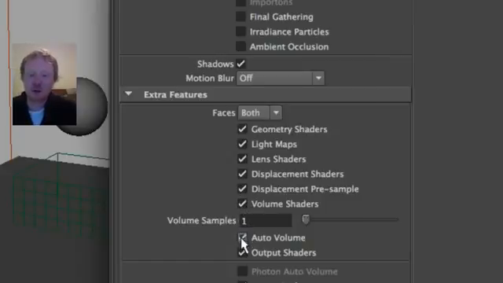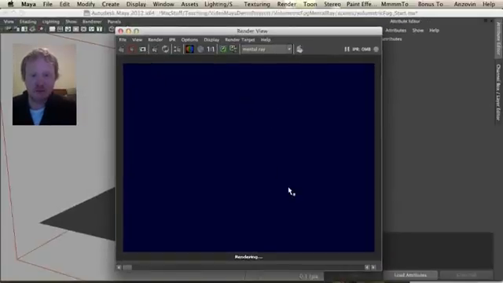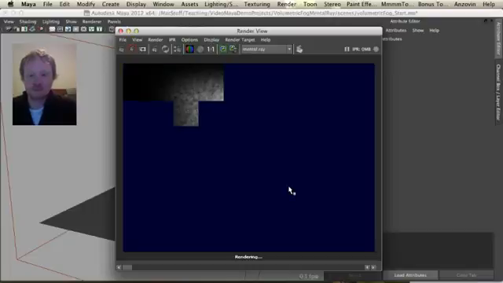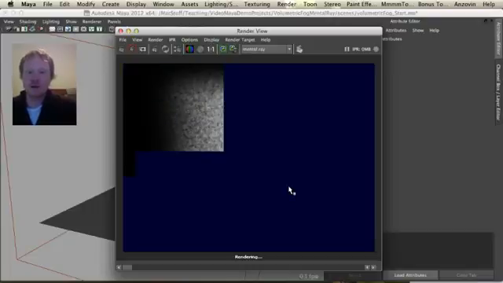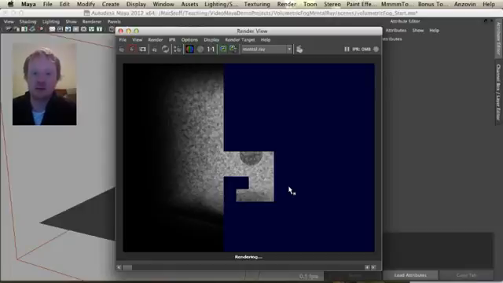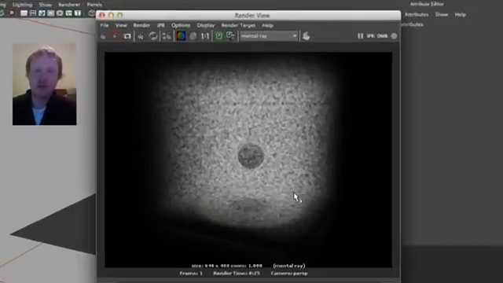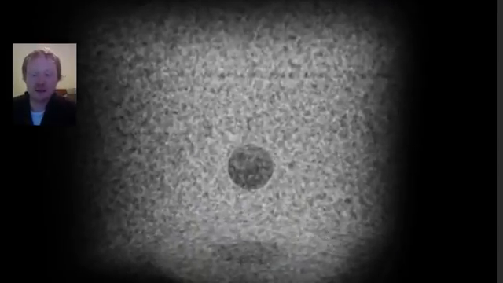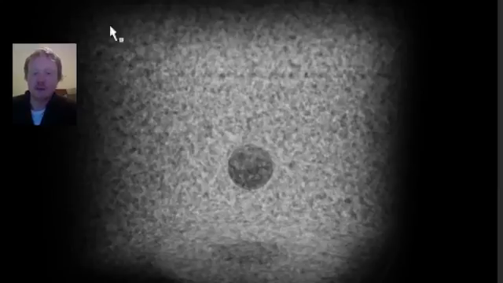Now usually I just click auto volume, or you can put the volume samples up to something like 20 to start with, and let's just re-render that again. Now you can see that Mental Ray is bringing some depth and putting depth into our fog. So this is looking a lot better, and I'll just let this finish. Okay, so our scene is taking a little longer to render now, 25 seconds, but that's looking a lot more